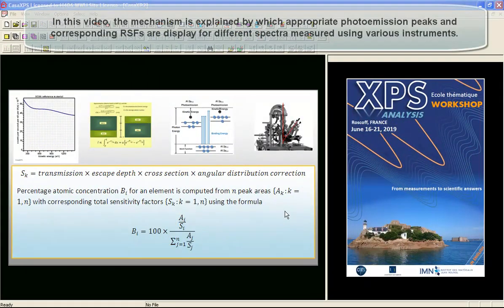An element library in XPS serves two functions. One is to identify peaks within an XPS spectrum, and the other is to assist the quantification by XPS. Quantification requires peak areas to be calculated, and then these peak areas are scaled by what is referred to as